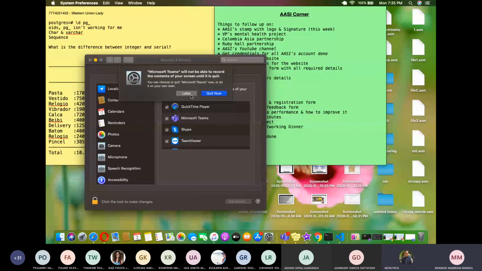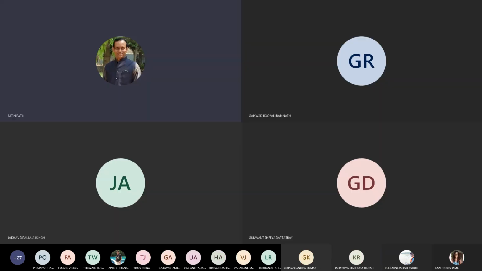Okay, good. So I want each one of you to do this. While you are writing the code in the exam, I want each one of you to show me your screen. I can track you all, whether you are writing the code or not. There will be a programming test as well. There would be an MCQ test. There would be some programs which may not be proctored like this. Here, I am going to proctor. I can see what you are writing, what you are not doing, what you are doing.